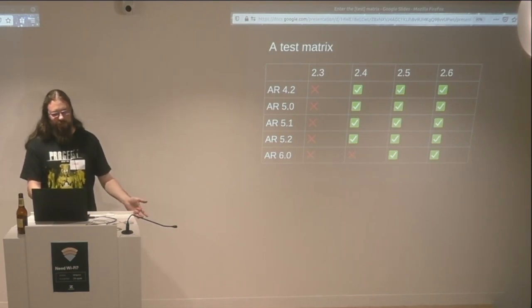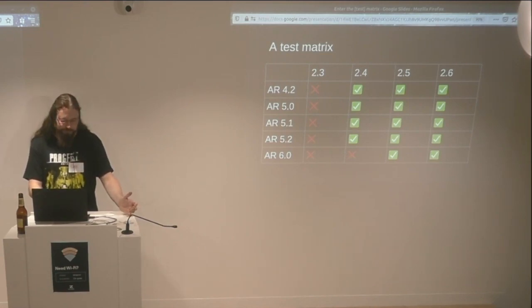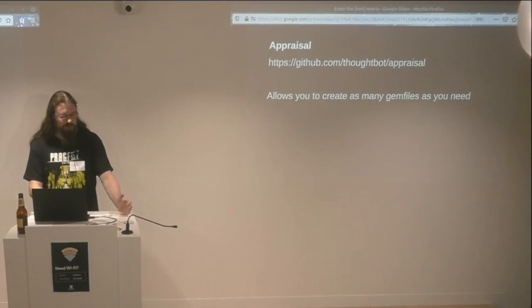But then of course we have to ask, how do we instruct our test runner to use these different versions of Active Record? And so I'm going to talk to you about one of my favorite gems. I know it's probably not as exciting as Nick's. But appraisal is something I discovered